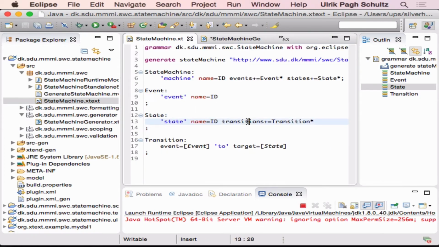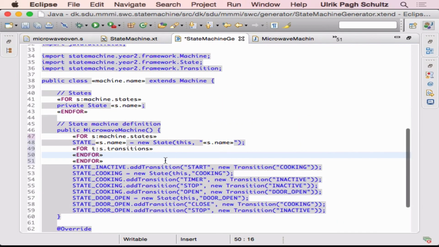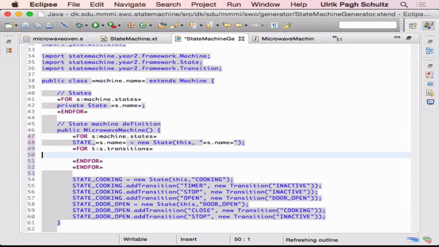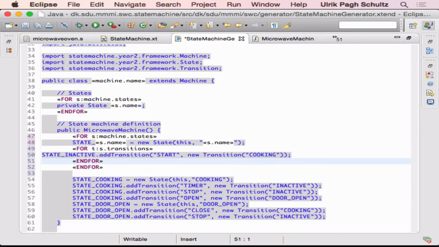The state has transitions. That's just the thing we're accessing here. So for each of the transitions, we want a line like this. I'm just going to put it up here. So this is going to be state_s.name,